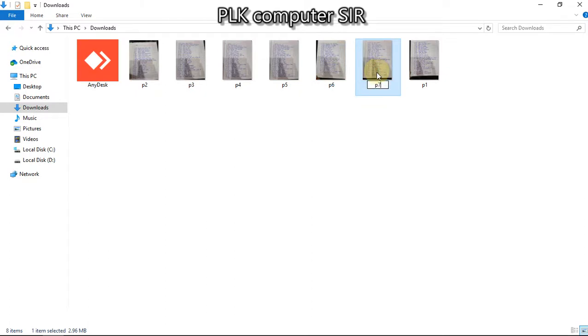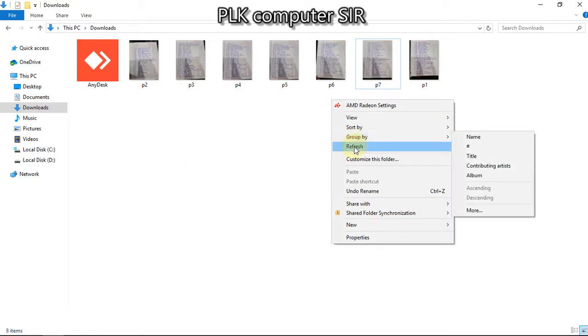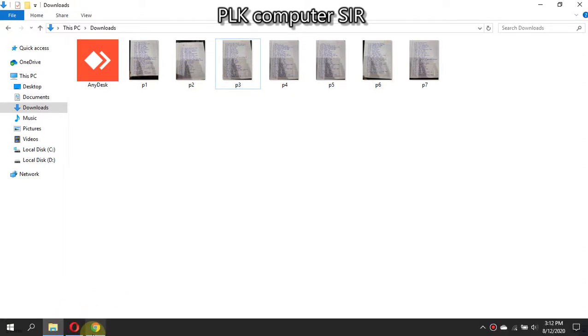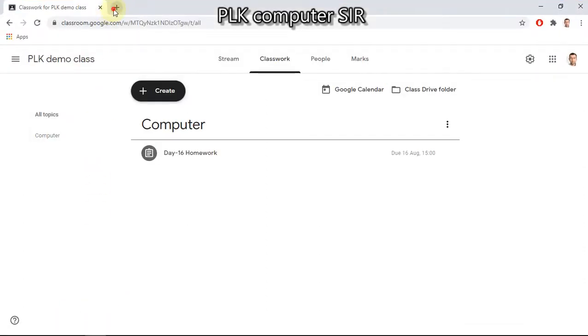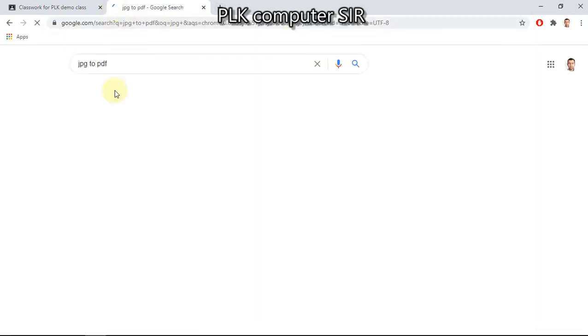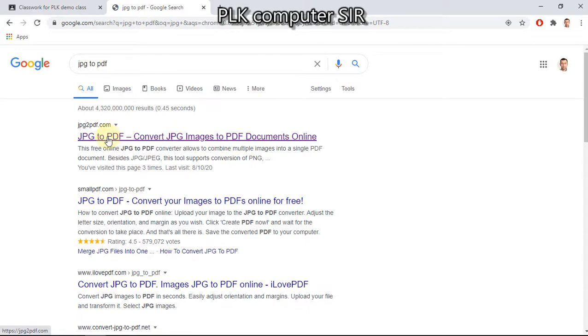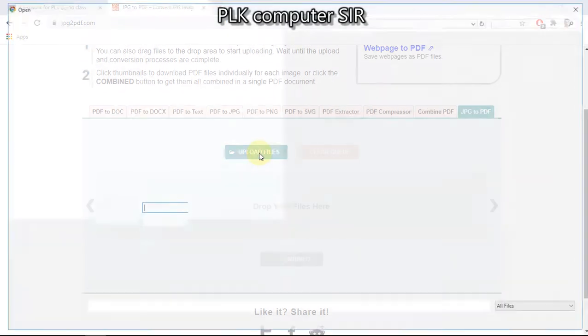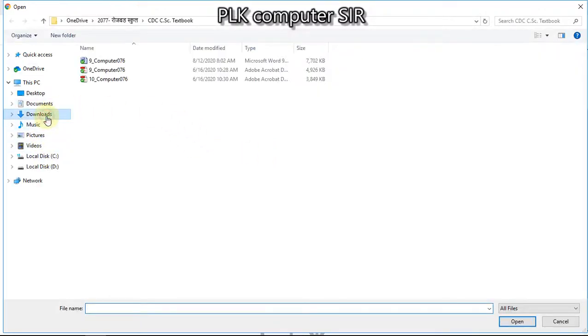My dear students, I request, suppose you have altogether 7 pages of answers, but there are only 2 questions. Suppose more questions are there, so this many answers. I request you to make it in PDF format. For that, my dear students, you can go for JPG to PDF. When you Google it, so many sites come up. Suppose JPG to PDF.com.